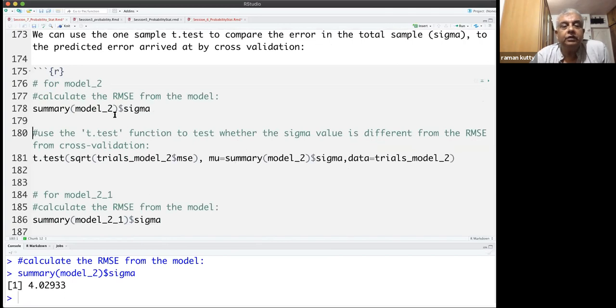Mu is the original sigma, model 2 sigma, and the data is trials model 2.